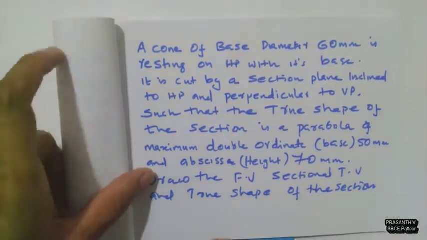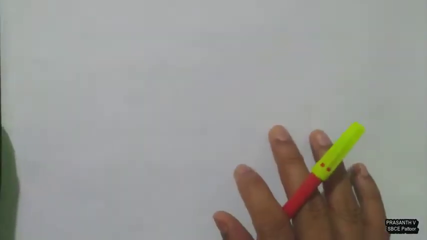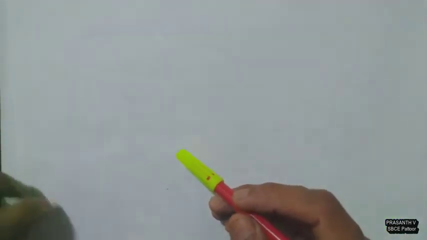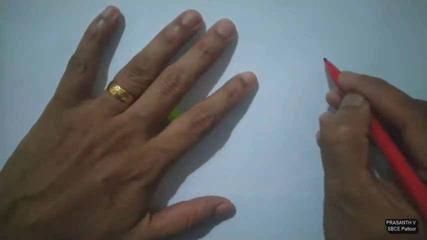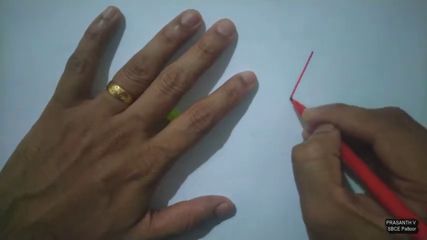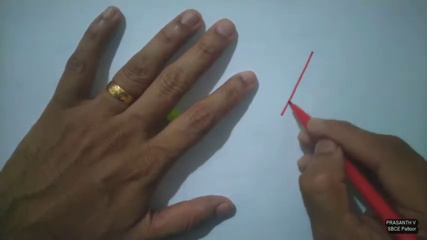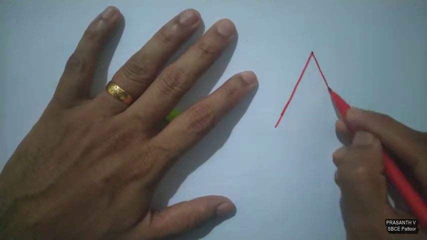Okay, I think you got the question. Now to draw this problem, first you need to get an idea about different conic sections, which means what are the sections that we can obtain by cutting a cone. Here I'll just explain this. Consider a cone, front view of a cone. You know, front view of a cone will be a triangle.